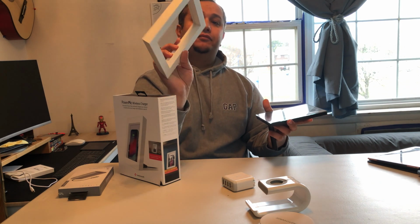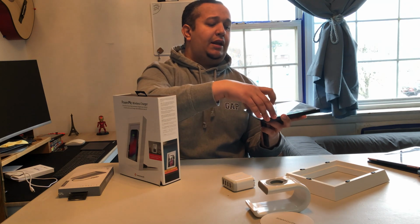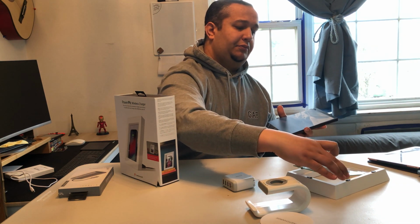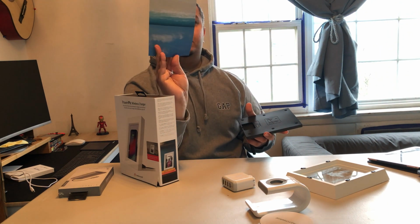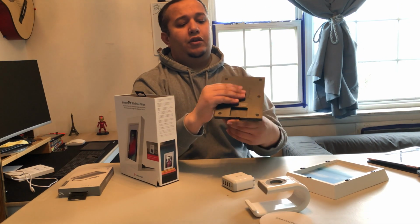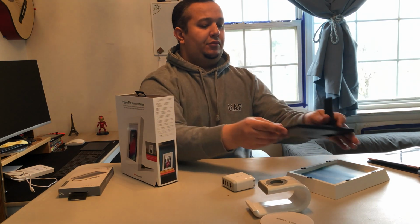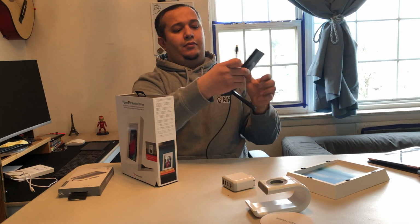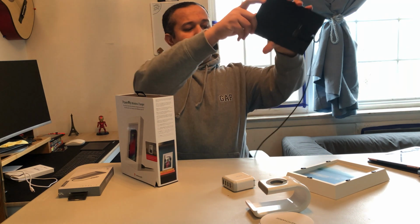So this is the frame. This is the glass here. And this picture is like a double picture. And this is the Qi charger, and the cable is the same thing, USB-C. So I'll put the cable in from inside. As you can see now,